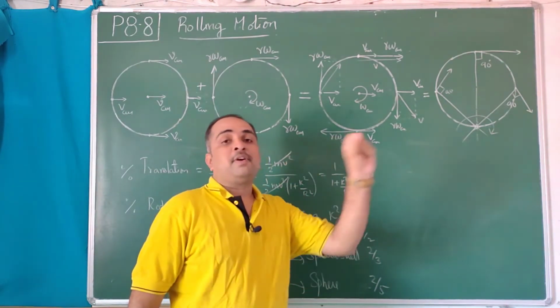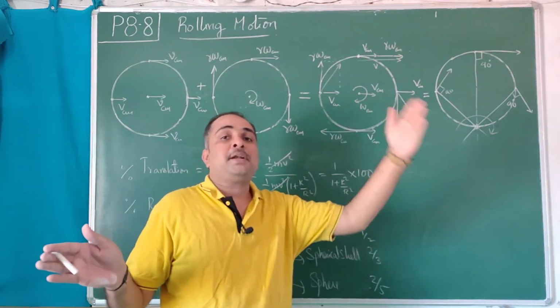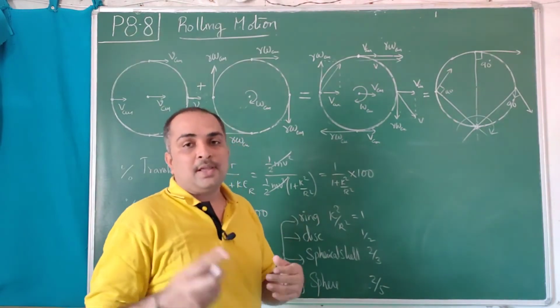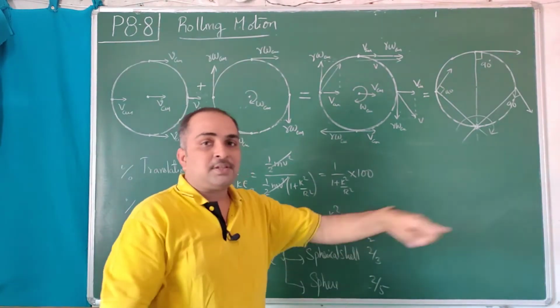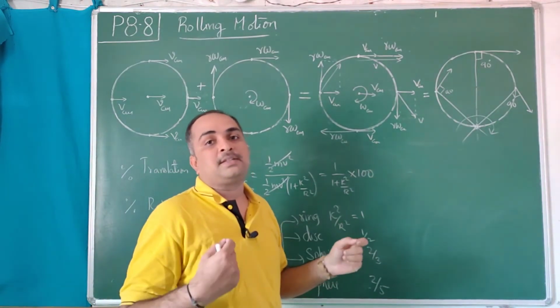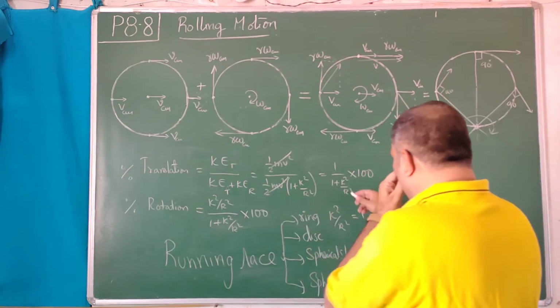Center of mass should move from one place to another place, and center of mass motion only we consider as the starting point and ending point. So whenever there is a race, it is not in terms of rotation. Actually rolling is a combination of rotation as well as translation, but the center has moved from Hyderabad to Vijayawada, that comes under consideration. So percentage wise, you write all these things.